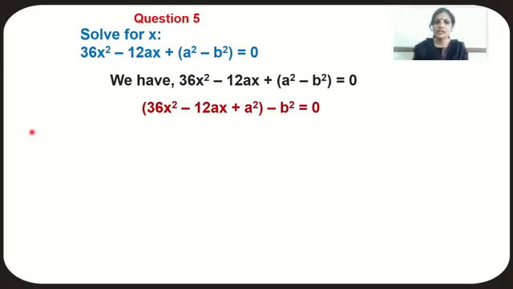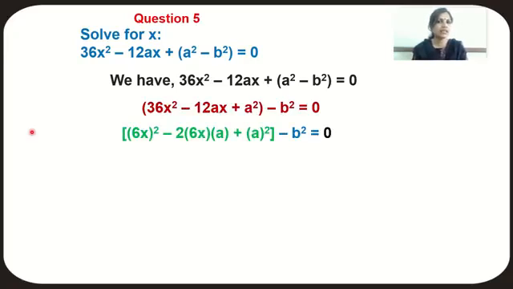Now do you have any guess as to why I did this? I can give you one hint that I am going to make use of one identity here so that I can make use of the formula a square minus b square. Which is that identity? I think you must be thinking about it and it must have struck in your mind. So I can write the part of the equation which I have clubbed in one bracket as 36x square, I can write 6x the whole square. 12ax I can write in the form 2 into 6x into a and a the whole square minus b square